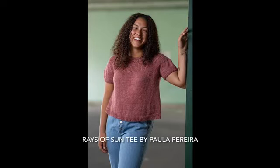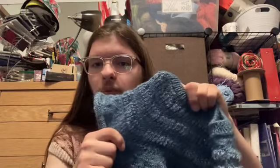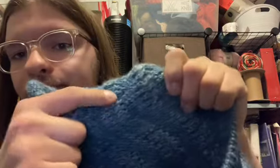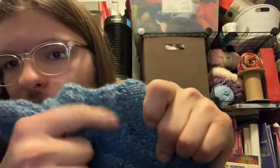So this is the Rays of Sun tee by Paula Pereira. Yeah, it's a nice pattern. So, probably should have drank water before filming, but I didn't. But anyways, yeah, this is the Rays of Sun tee by Paula Pereira. I don't know if you can tell, but I need to block the yoke. So, yeah. I want to get this lacy part to lie nice, because it's got some eyelets here. I hope I didn't make this too oversized, but